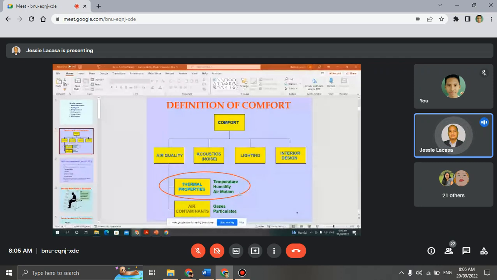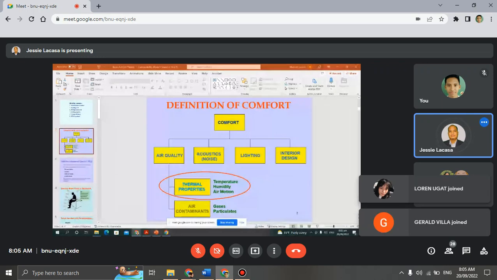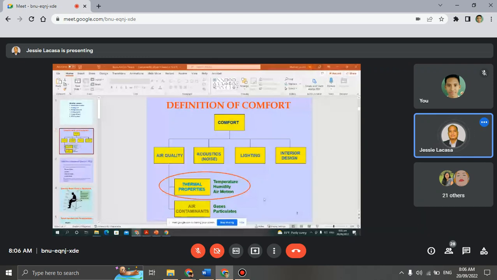so sa mga filter na siya, mga air handling units, mga aircon ninyo. Okay, so that includes the gases and the particulates, mga harmful gases or unwanted gases, and the mga dust, the particles from the outside, which dili siya gikinahanglan sa room. Okay,